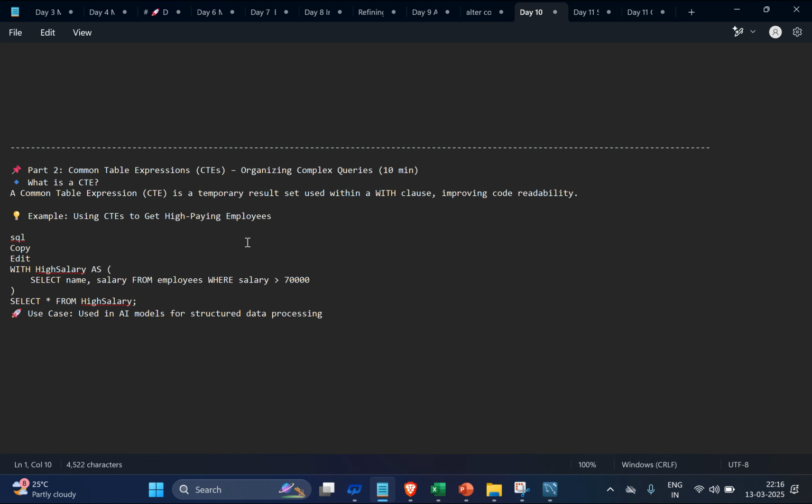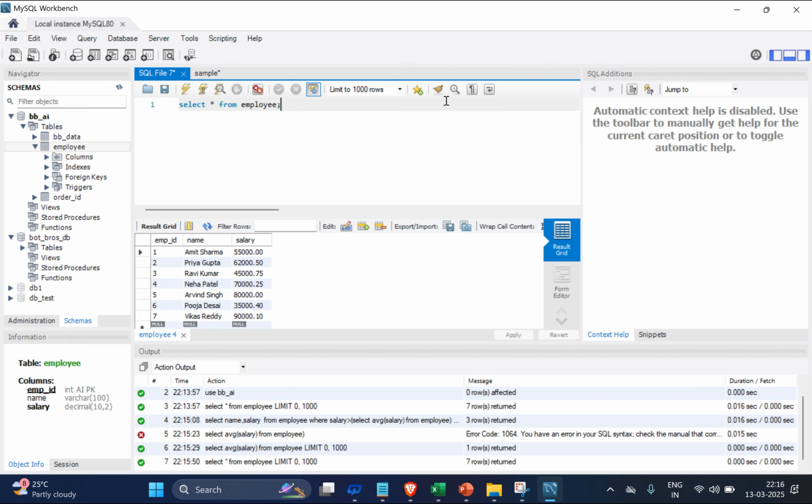If we go to part 2, that is CTE, or common table expression, that is organizing complex queries, we will see what exactly is a CTE. A CTE is a temporary result set stored within a WITH clause, improving code readability. So for example, WITH is a keyword that you have to use. So with high salary, that means we'll keep a view called high salary, or a CTE called high salary, as